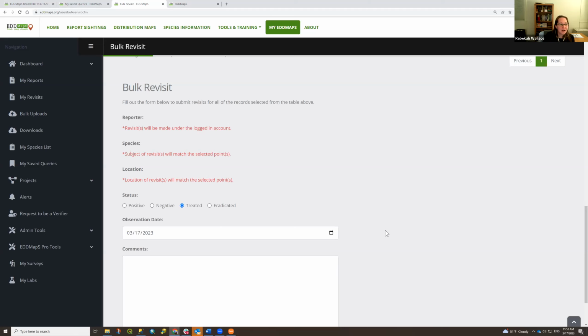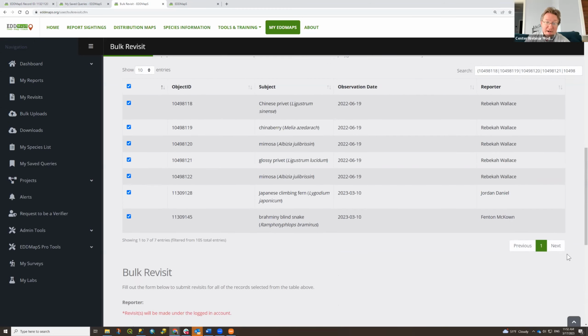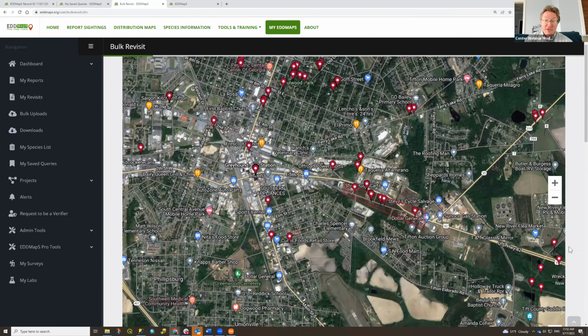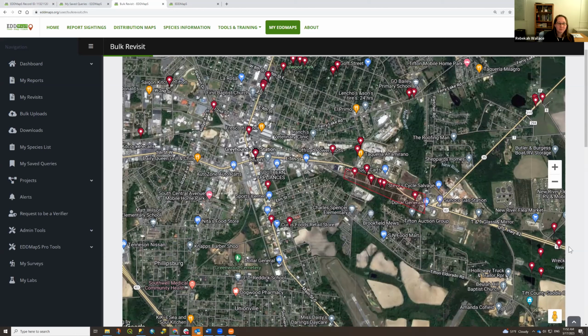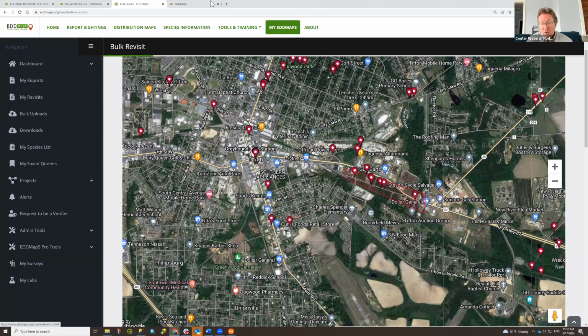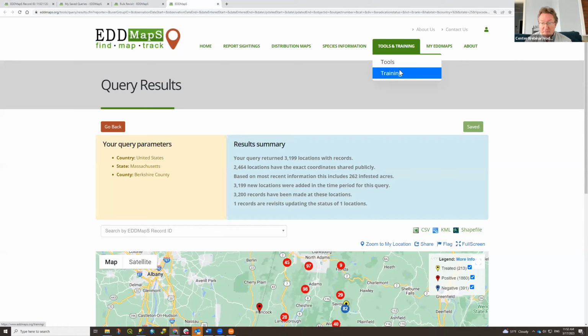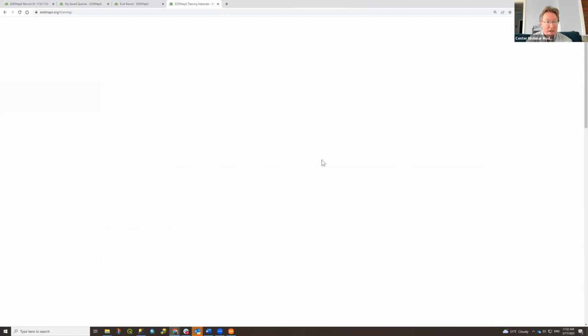Fantastic. Even I learn things in these office hours at times. Yeah. We get a lot of feedback from our users, and that's actually where the EDDMapS Summit coming up is a great opportunity to say, here's how I use this, and here's what I'd like to see in the future. Because in the EDDMapS Summit, we get the priorities for the coming year of development, how to make this better, how to make it work more seamlessly for what you're trying to do.